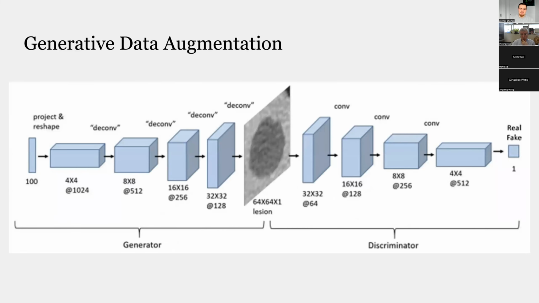This generative data augmentation is the thing that I think is the most cutting edge and really emerging a lot. I began researching this by looking at the GAN idea, where the generator generates images and the discriminator classifies whether an image came from the generator or from the original training set.